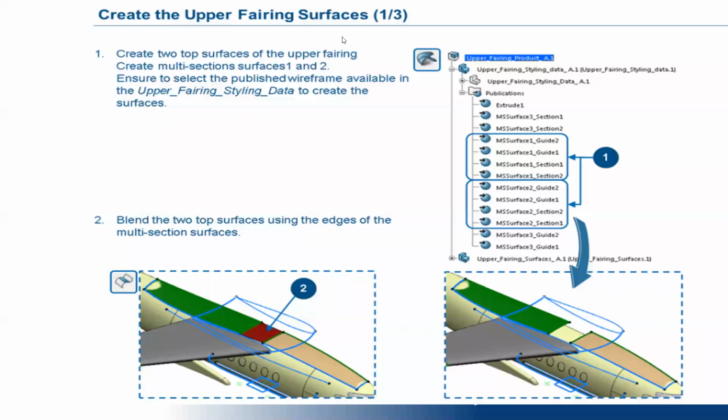Guys, I'll be joining. If you have any doubts, just give me a minute, I'll be back. You can ask me, I'll be answering those questions. As I said previously, the dimensions we are using right now in this workshop are actually experimental dimensions. In the actual industry, the research team will give all the dimensions required for designing the whole aircraft, and based on that, the whole aircraft should be created using those dimensions.